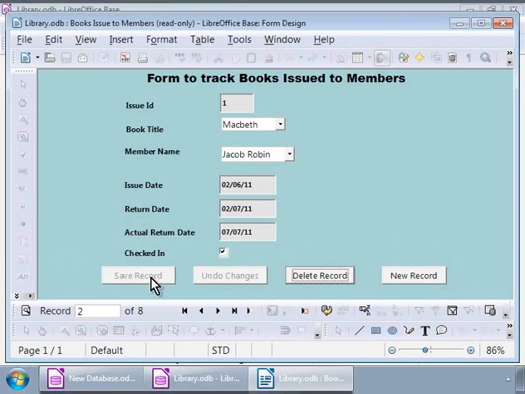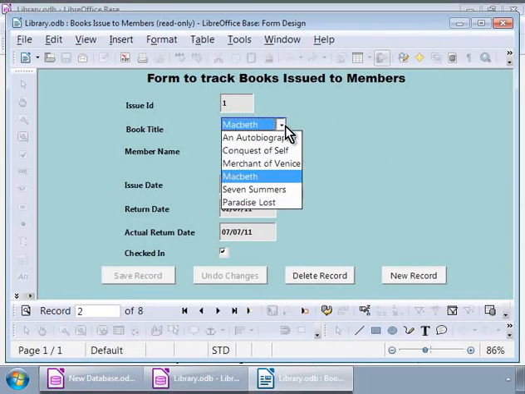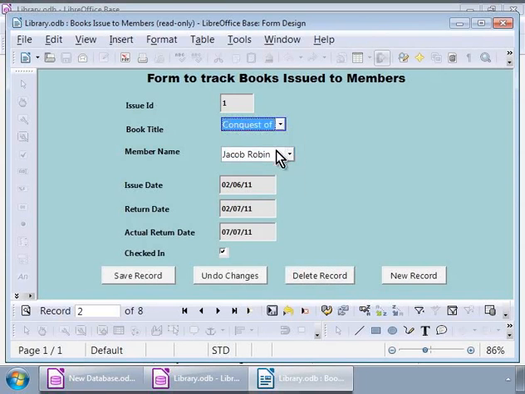Okay, now let us test the Undo Changes button. For this, let us edit the record by clicking on the book title Conquest of Self and then typing in 5/7/11 in the actual return date field. Notice that both the Save Record button and the Undo Changes button are enabled for use.